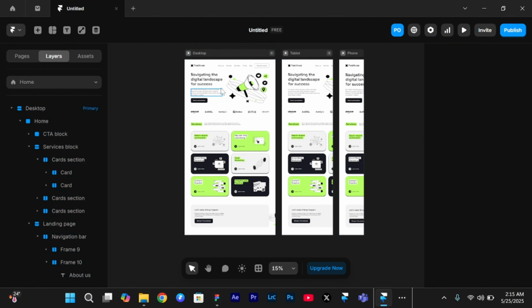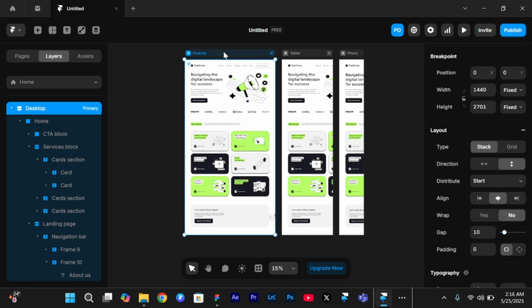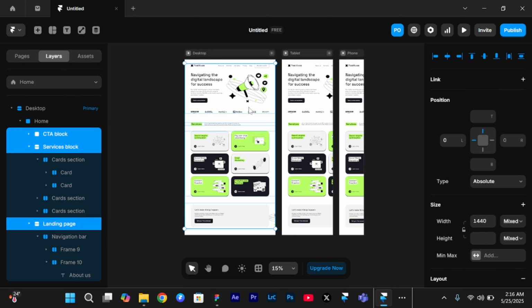So the best thing to do in this case is to bring out all the design elements and start restructuring them back into the frame. That takes a lot of time, but trust me, it's going to be very easy. So you select the desktop, hit enter twice to select all the elements inside the desktop and drag them out